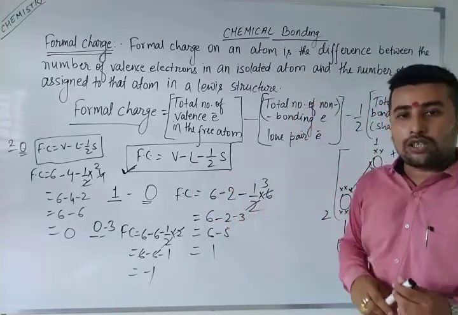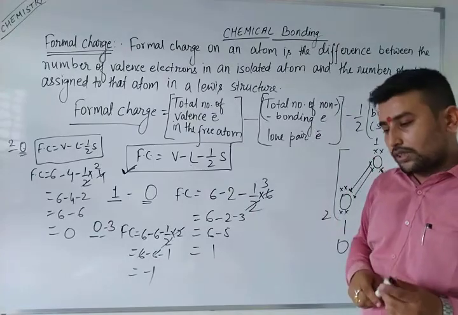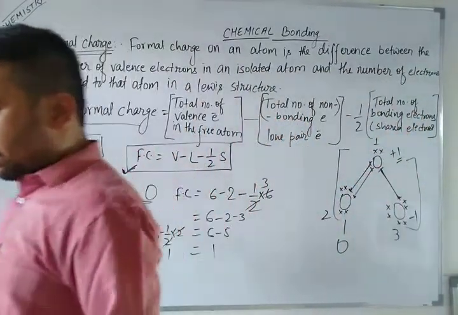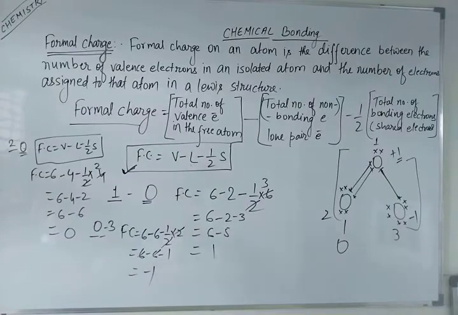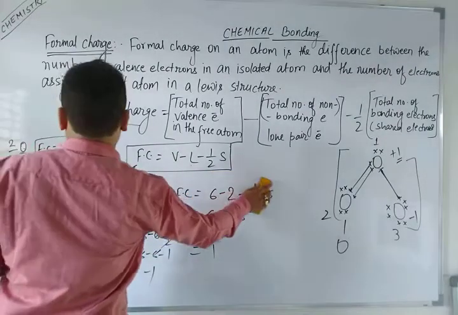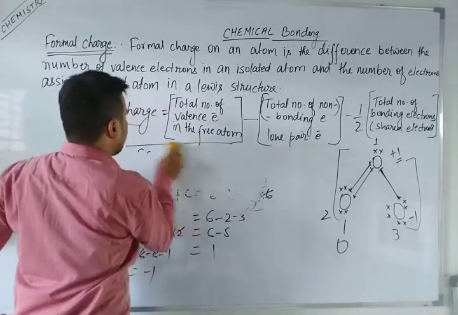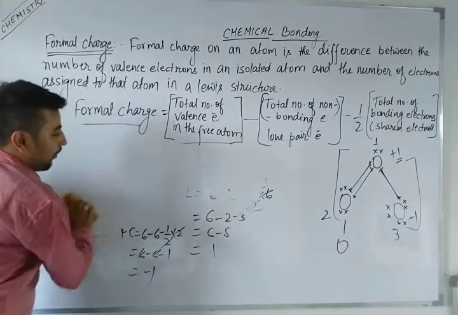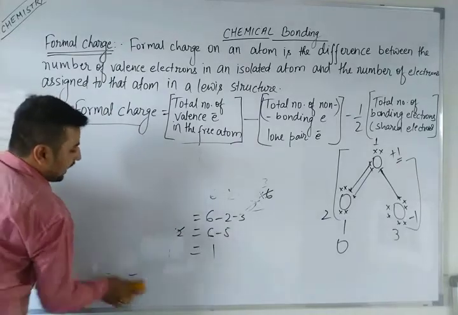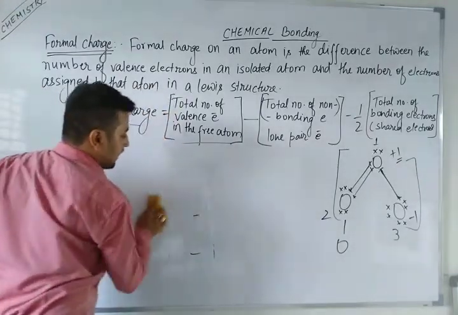In the shared pair also, 1 shared pair of electrons means 2 electrons. Similarly, if I talk about another atom, have you heard about sulfuric acid or sulfate? Okay, so let's talk about another example. You can take a screenshot, or just rewind the video so you will understand. I'm just going to give you another example.